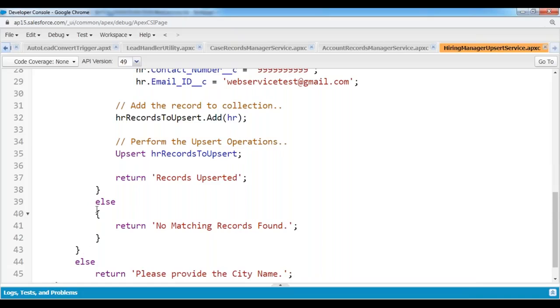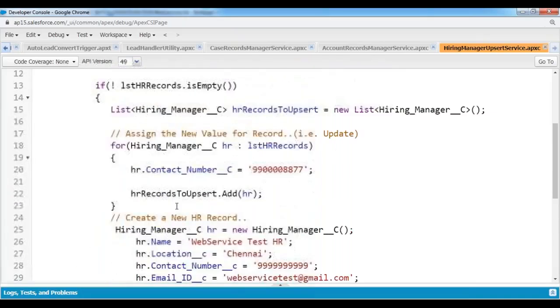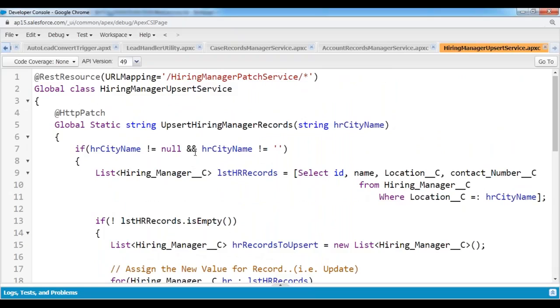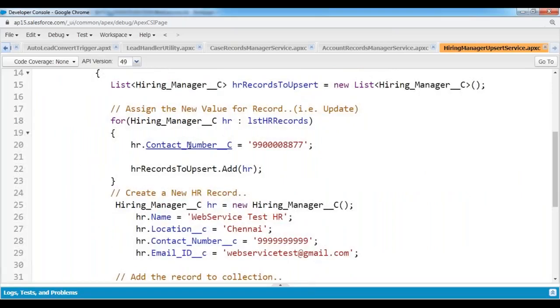This is how we are going to be upserting the records. You know this kind of concepts already we have discussed as part of DML statements. So I'm preparing the web service here with the resource name hiring manager patch service, which will be receiving the city name as an input parameter. So whatever the city name that was applied, for that city name, whatever the hiring manager records are available, for those records, it is going to be assigning the new contact number as this value